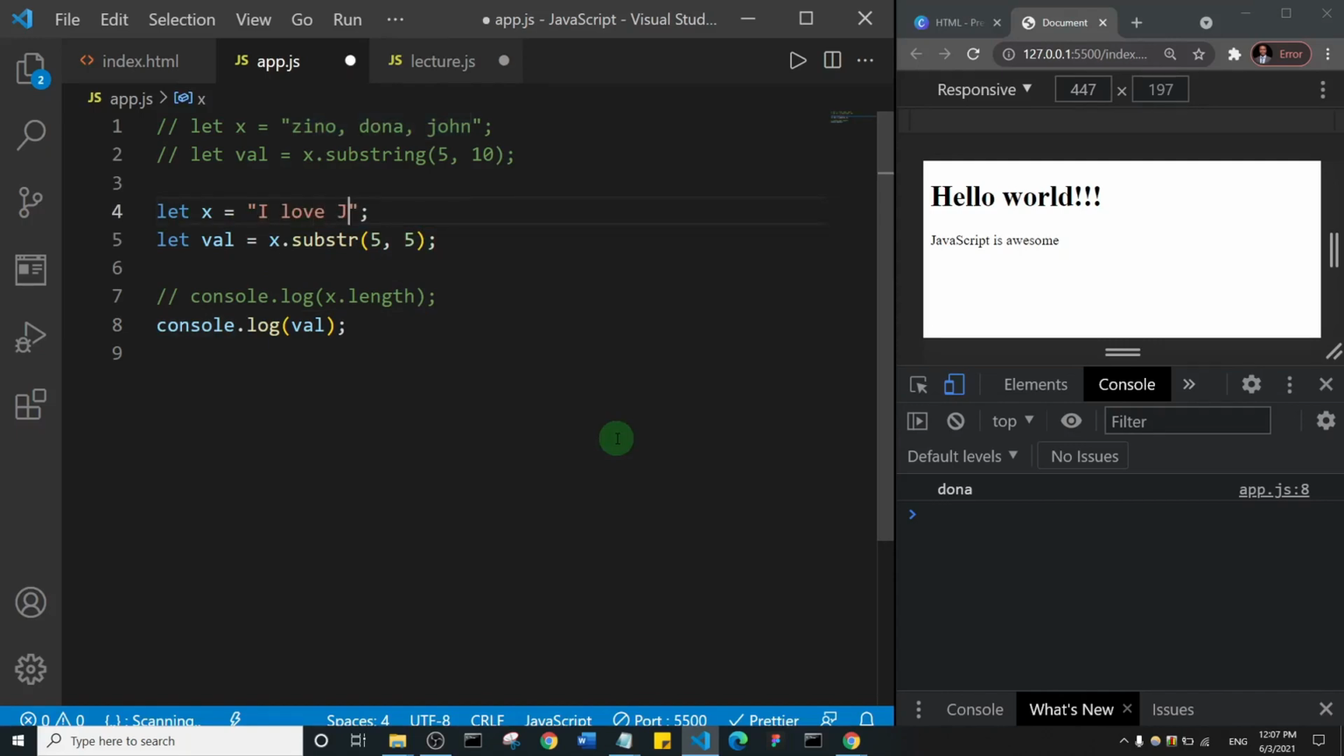So I love JavaScript. And here, this val, I'm going to say x.replace. So I'll change this to replace, and what it actually does is self-explanatory. It replaces one string with another, or a component of your string with another word. So if I say, for example, I want to replace